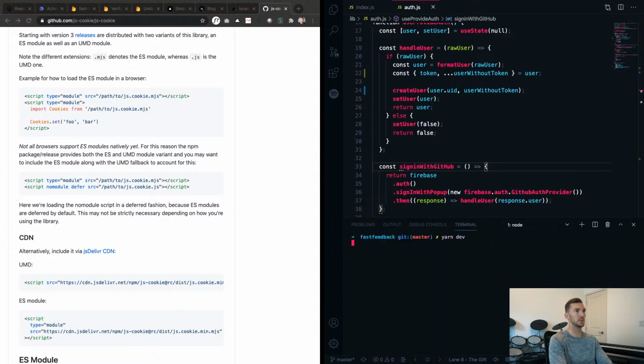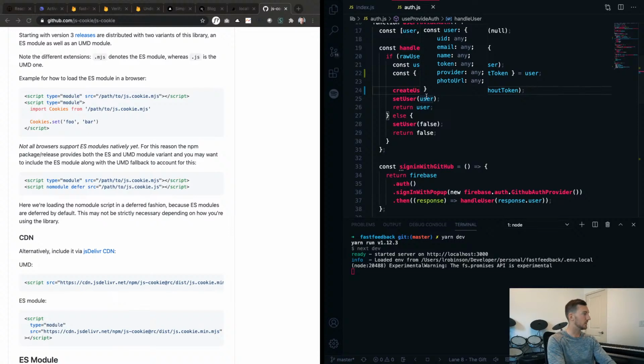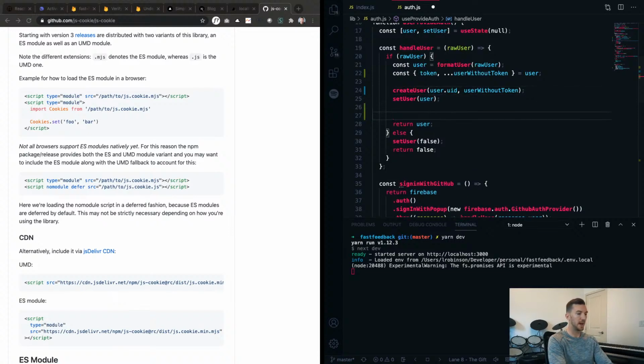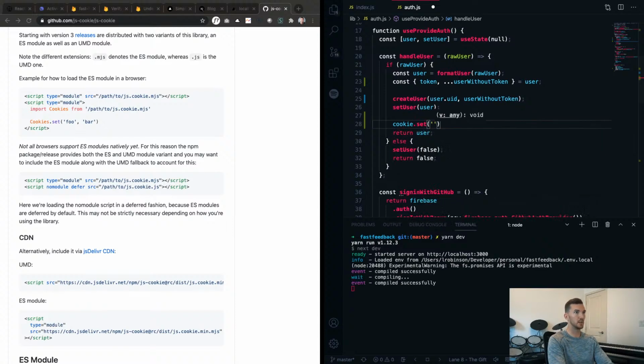I'm gonna restart our server here. So after we handle our user, we get our raw user, we create that user, what we can then do inside of here is call that cookie function. So something like cookie, we'll import this from JS Cookie, and we want to set that. The key was fast feedback off, and then the value will be